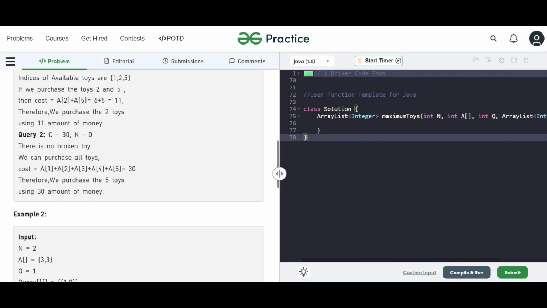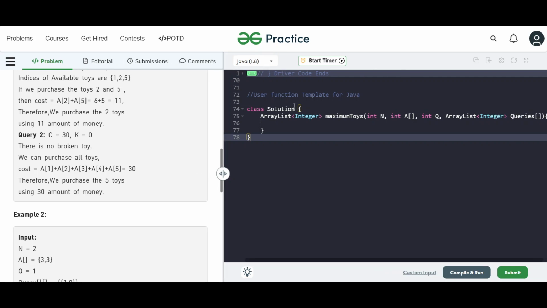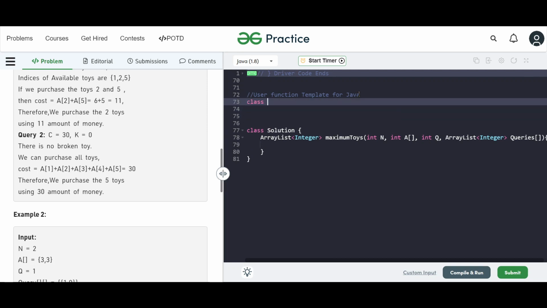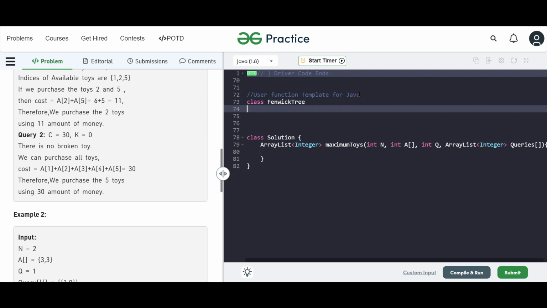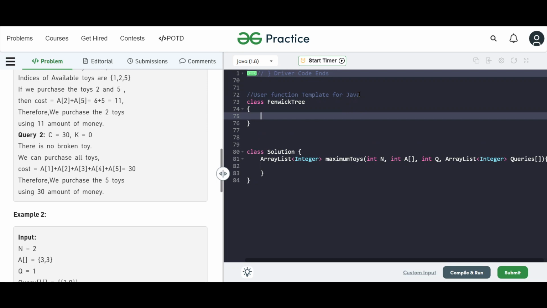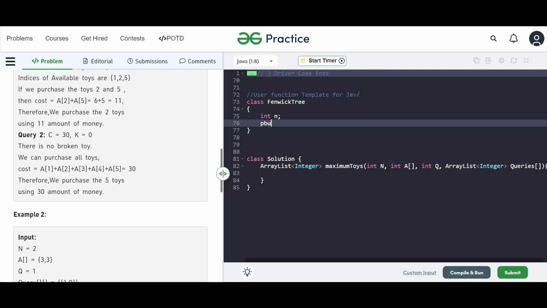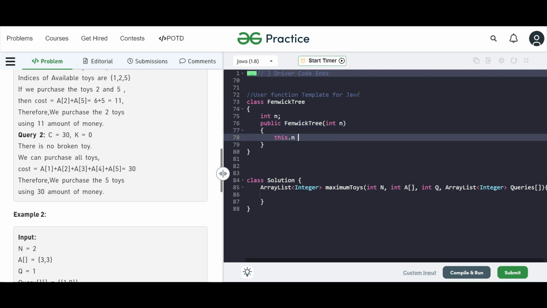All right, so we come to the code. First I'm going to write a basic data structure for the binary index tree or a Fenwick tree. So let's first build that. We'll have a Fenwick tree, and we're going to give its size as, let's say, n, and let's say there is a public constructor called Fenwick tree, int n. We're going to do this dot n equals n, and